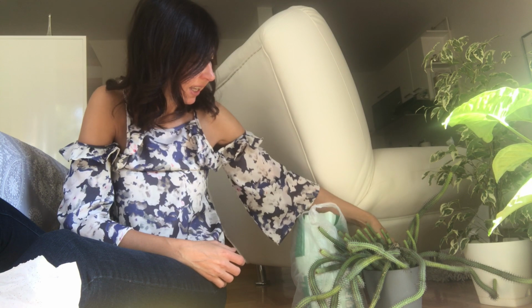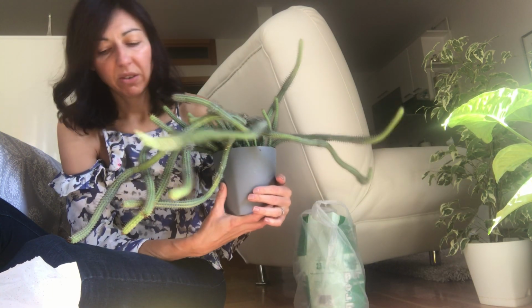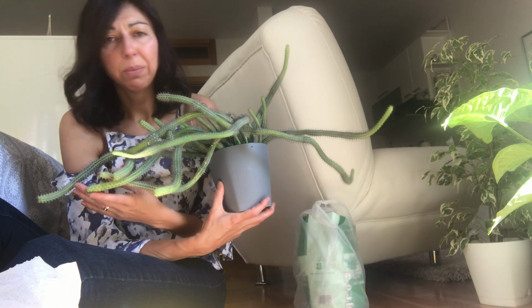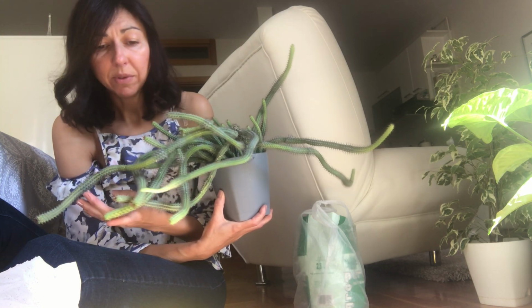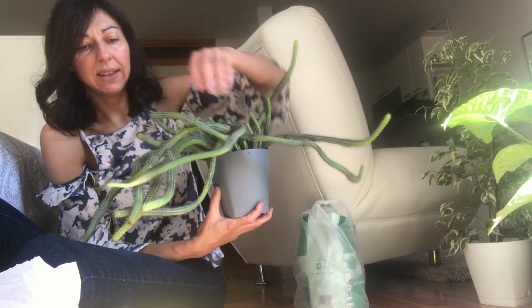All right. Next project is this big Euphorbia virosa. This, guys, has been on a windowsill. It's becoming pokey. It's hard to put any plants by it. As you can see, look at how big it is. It cannot stay. And then some of the branches, almost all branches are okay, but some branches that got bended,